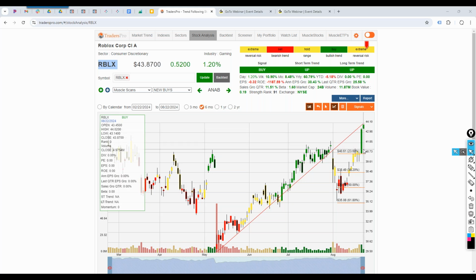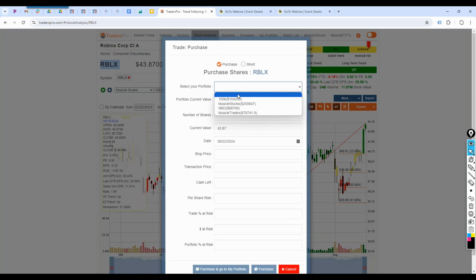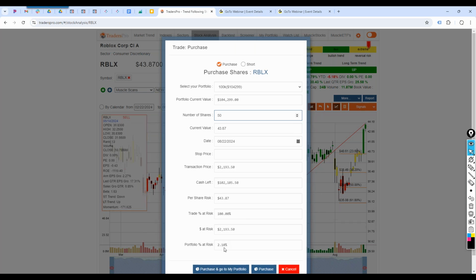Really nice confirmation bar. From here, we would go in and say, okay, if I saw this morning that I wanted to buy it, I've got to set up my risk profile. Got to see how many shares. It's a $40 stock. Let's see what 50 shares does. 50 shares puts me at 2%. Okay, let's say 45 shares, 1.8. Let's stick with 50 shares, 2%. That's very close already.